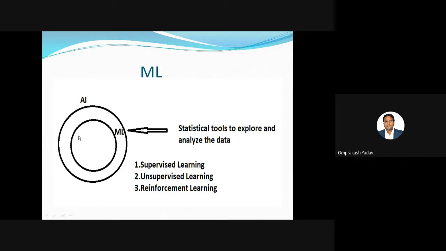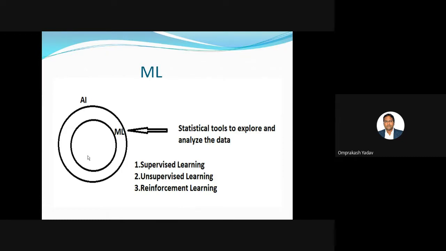So let's see, there is one more term called machine learning. Machine learning is nothing but a subset of AI. If you see over here, I've drawn it inside the AI diagram, so this is a subset of AI. Now what will machine learning give you in AI? Remember, our main goal is to develop an AI project or application where the machine will be able to think like a human being and behave like a human being. All the decisions are taken by the machine only. That is our main motto.